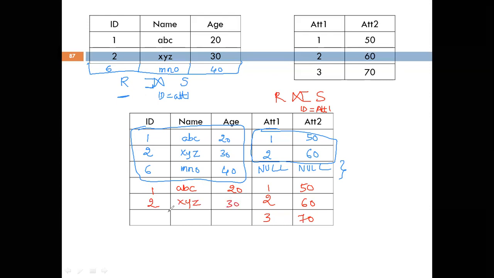For 3 there is no matching, so we will have null. All the 3 attributes will be null. So this will be the result of right outer join. The one in red is the result of right outer join, and the one in blue color is the left outer join.